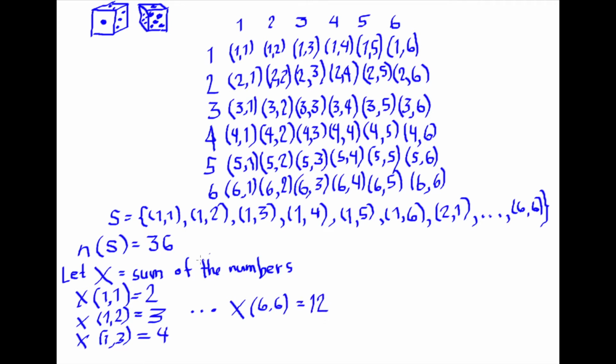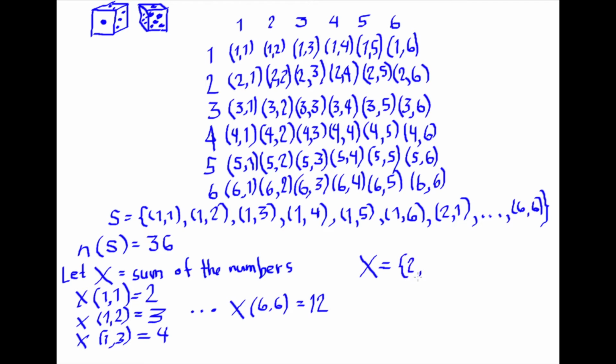So again, we are taking into consideration all the sums. Like for example, 1, 1 is 2, 1, 2 is 3, 1, 3 is 4, 1, 4 is 5, and then so on up until 6, 6. So you can see the values that we can have. We'll call this a range space, or simply the X. The values that X can assume is going to be the set of all possible values of X. Some books call it the range space. So we call this as,